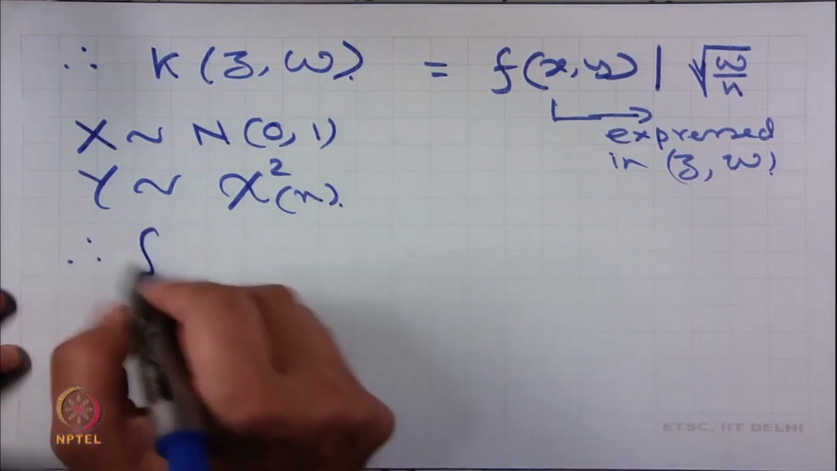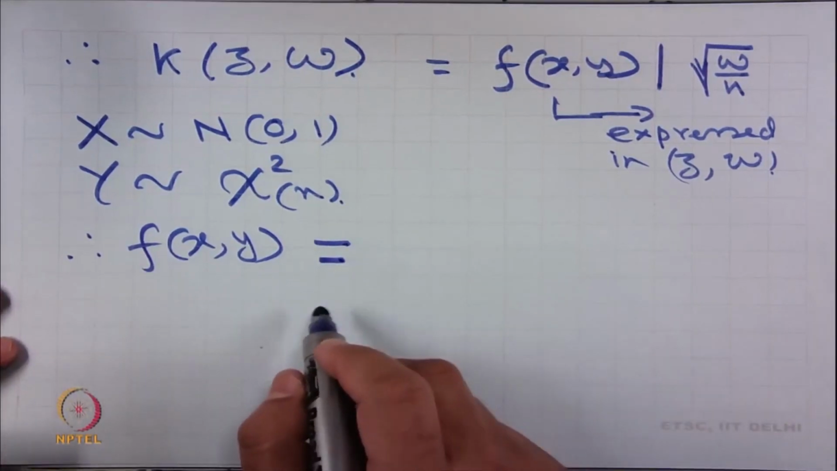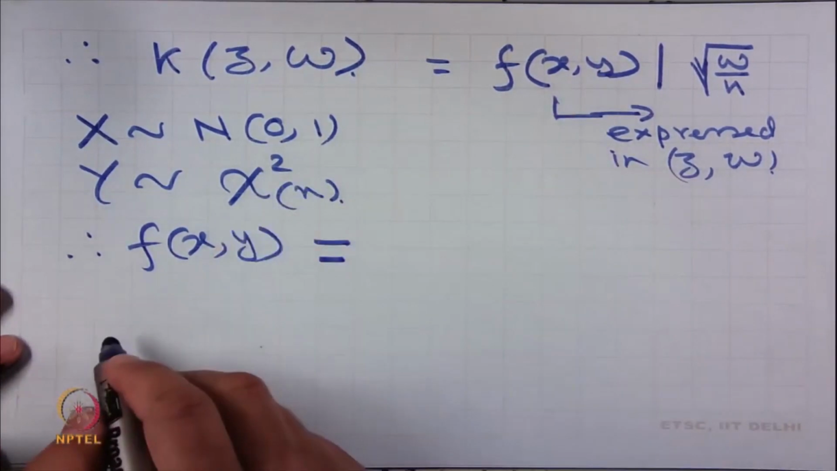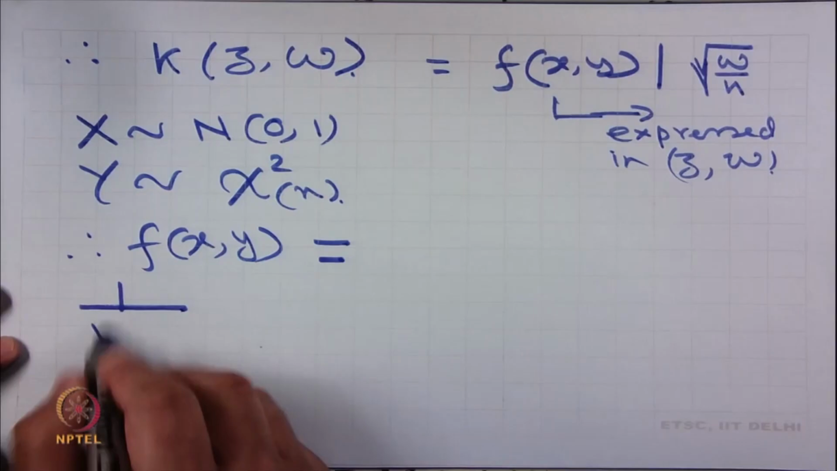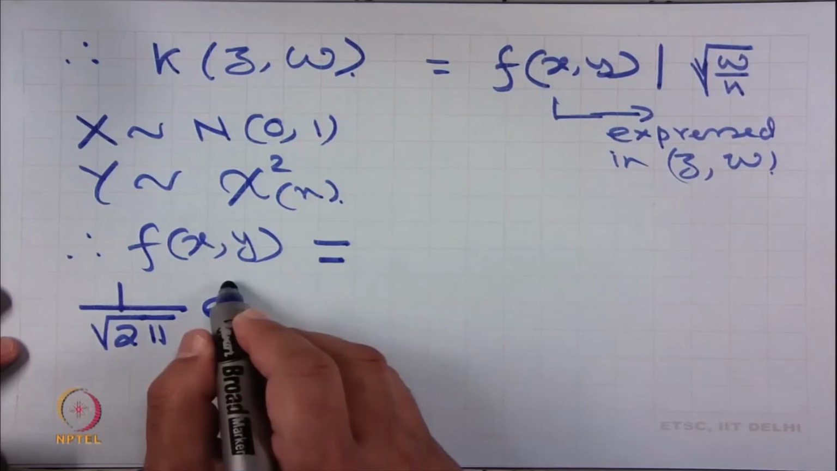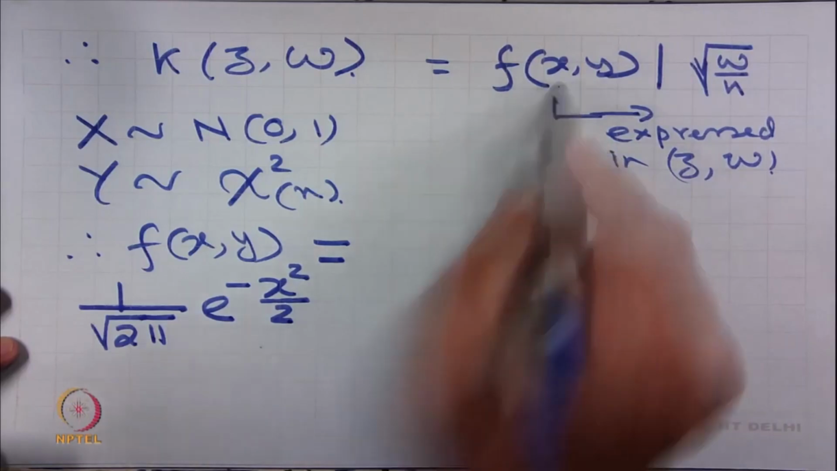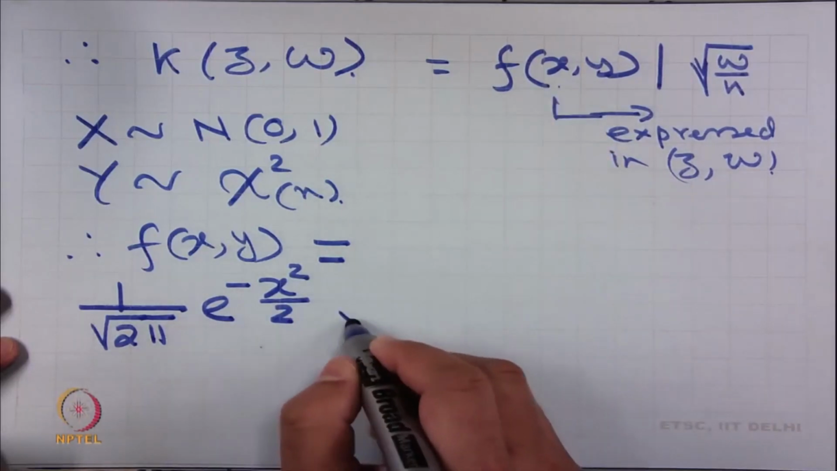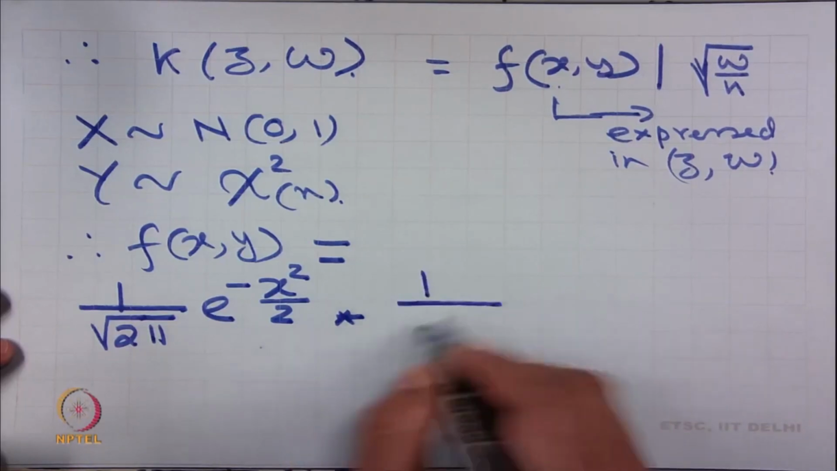Therefore, f of x y is equal to the product of their individual density functions, which is 1 over root over 2 pi e to the power minus x square by 2. This comes from x. Y multiplied by y is a chi-square with n degrees of freedom. Therefore, its PDF is